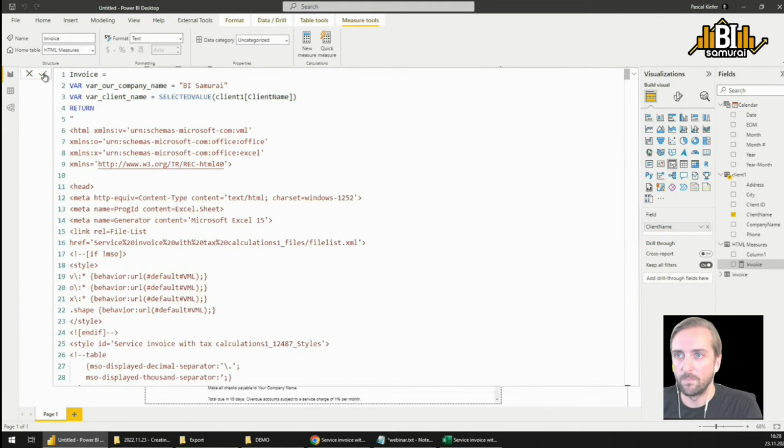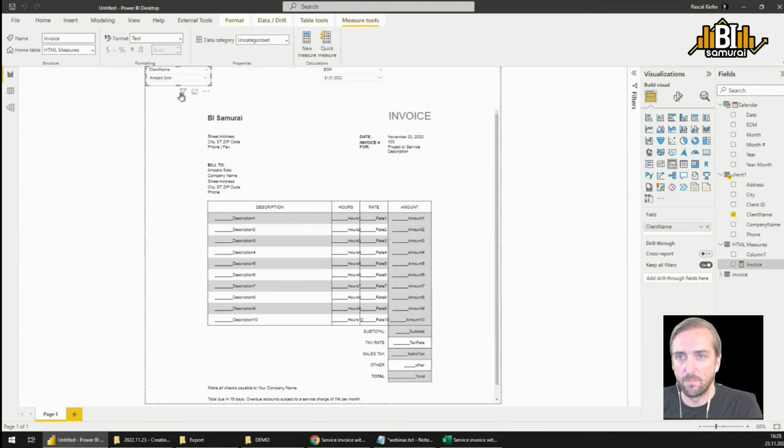Good. Go back to the invoice, and we can see that now this matches. When I change the client name, I also get a different name here. It will be exactly the same for all the other fields in here. I still want to do a few more. I want to do at least one of the rows